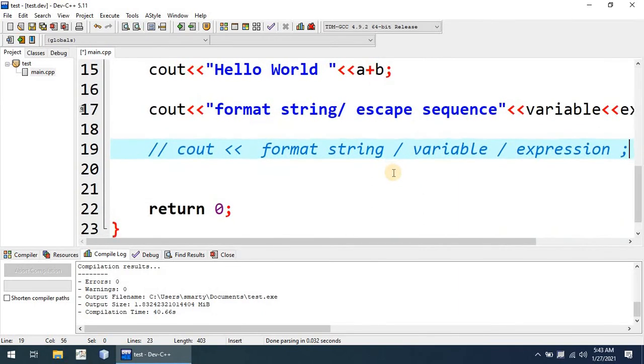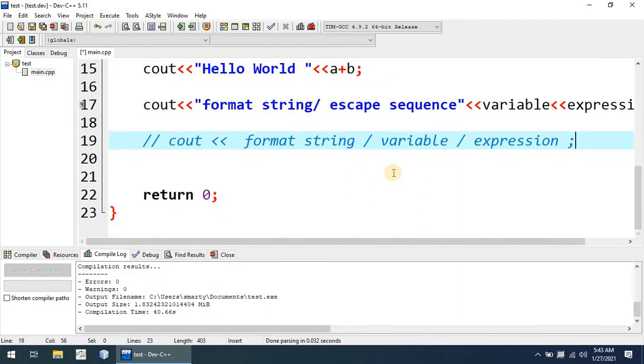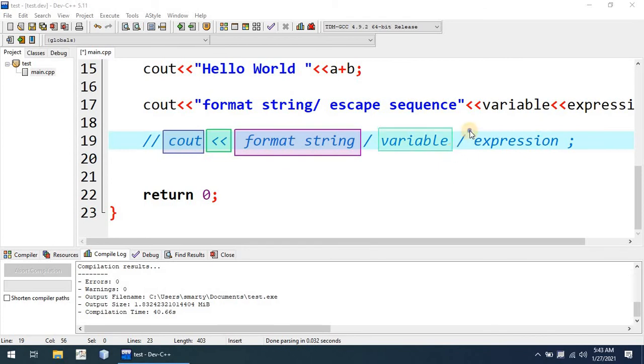We have to take a closer look at this entire syntax. Now let us start to discuss this format. First of all, there is the cout object. Secondly, there is the insertion operator. Thirdly, there may be the parameter as format string, which may be a variable, which may be an expression, and at the last we are using the statement terminator semicolon.